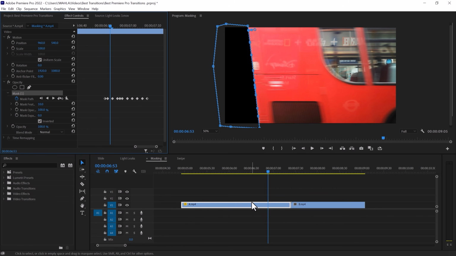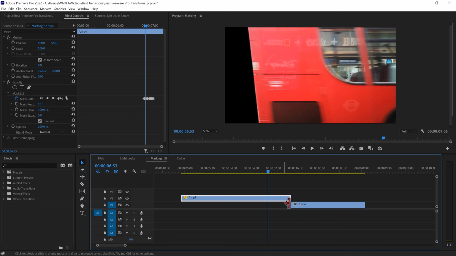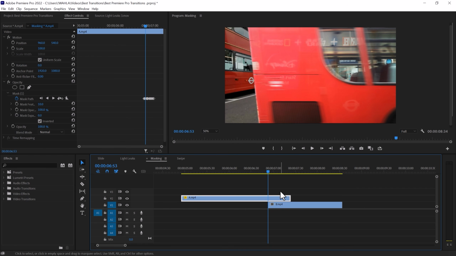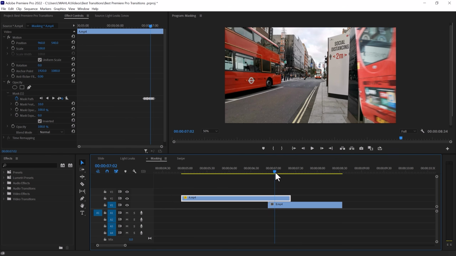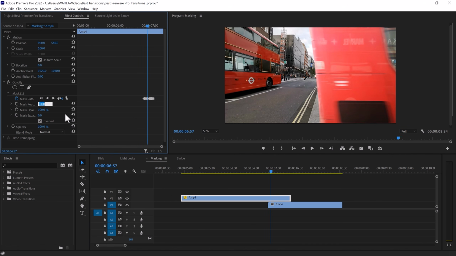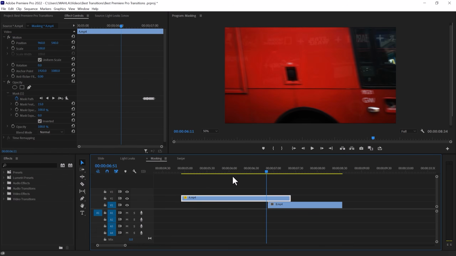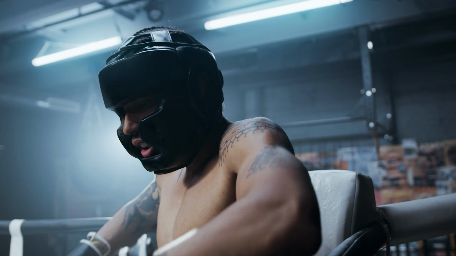Now drag your first video clip to the second video track and place your second clip underneath it. The result looks seamless. You can also soften the mask with a feather of around 15 to 20%. To enhance it even more, I'm adding a whoosh sound effect. And here's the final look. Super smooth. Moving on to the last one,